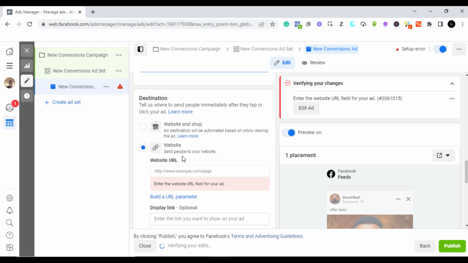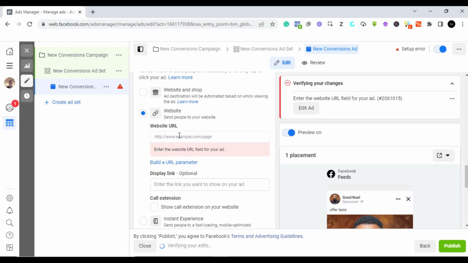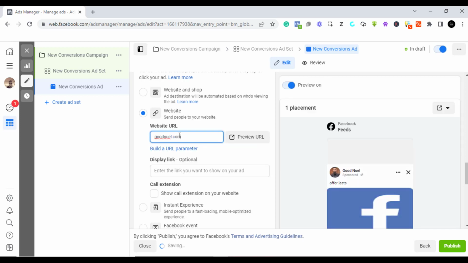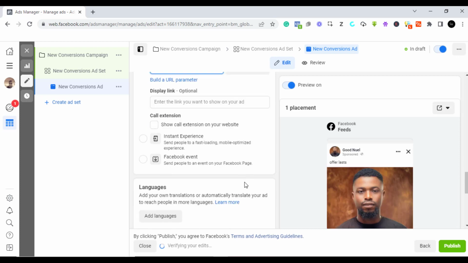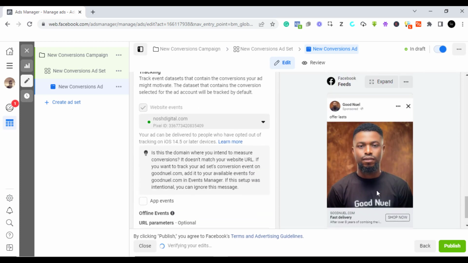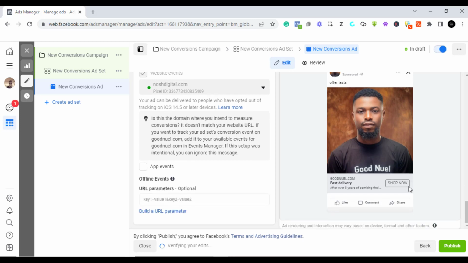So now this is where you put your website or your sales page. So I'm just going to put my website here, goodnoel.com. So on your sales page, you must have created it in a way that it will equally be easy for people to understand what you are selling them. Don't go and be writing long unnecessary things. Try to write what people will easily understand. All right, so once you have all this sorted out,